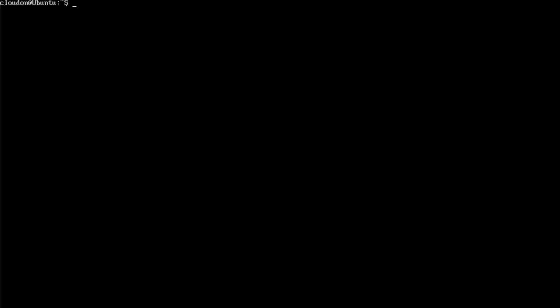Okay, so we know that our user cloud.done folder is within the home folder, and the home folder is inside the root folder. So the root is the beginning, then it goes into home, and from home we can get into the cloud.done folder. So if we go back to the root folder, cd /, so let's do clear,